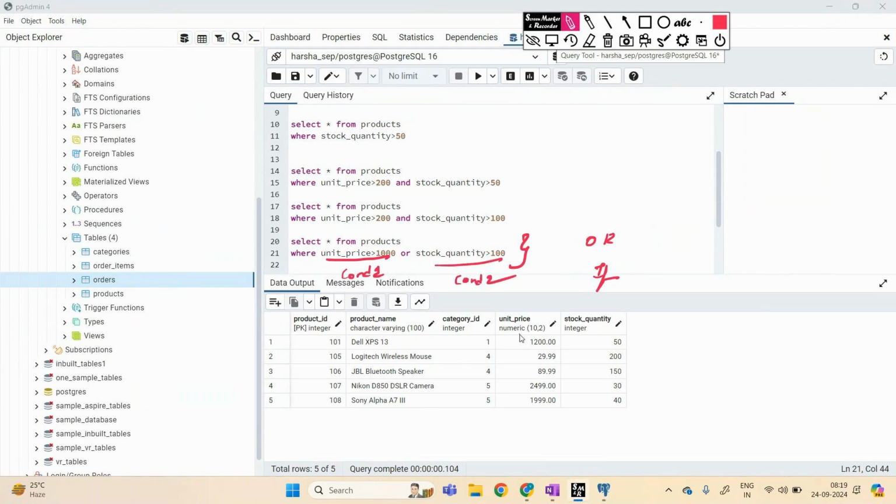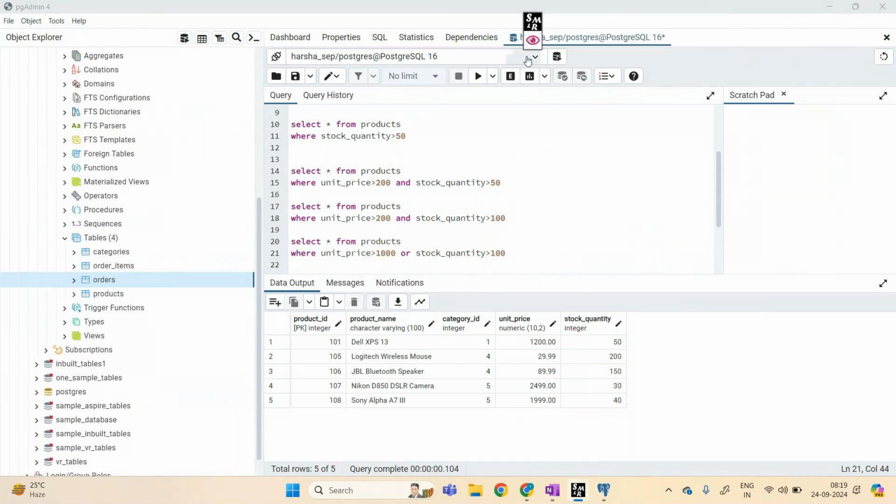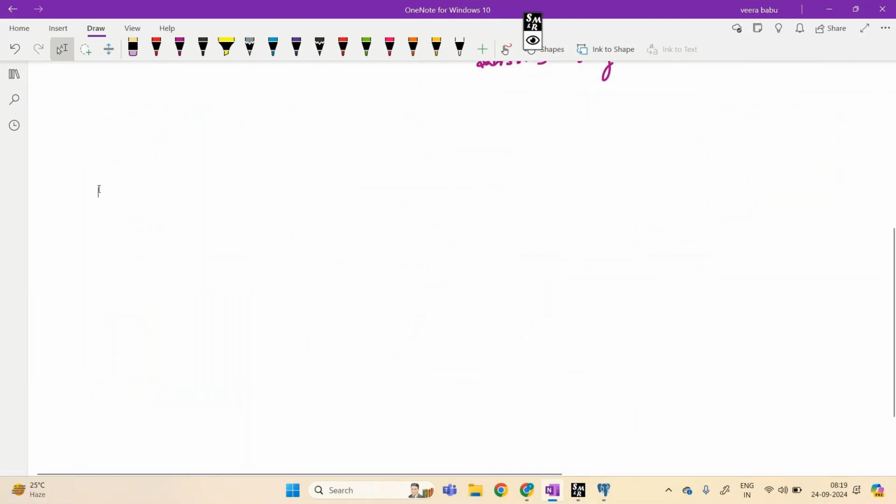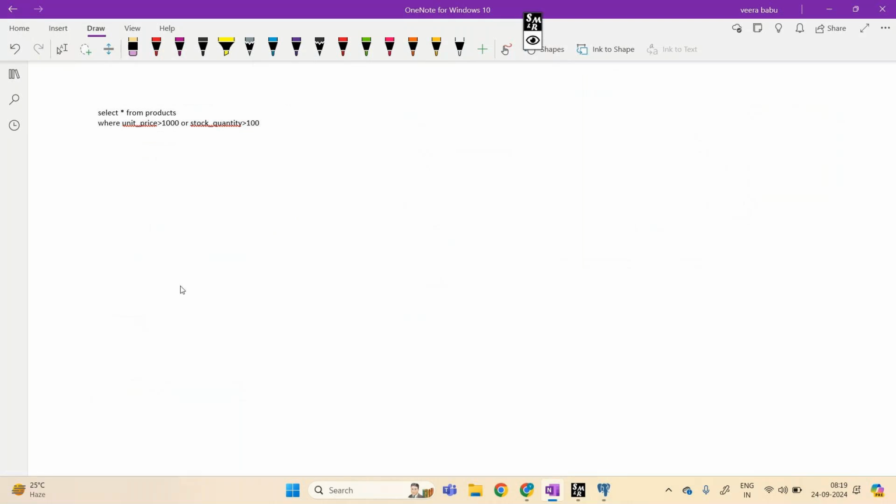If you see here, if one of the conditions satisfies, OR will execute and return the output. If you see here, unit price and stock quantity, if OR over here,